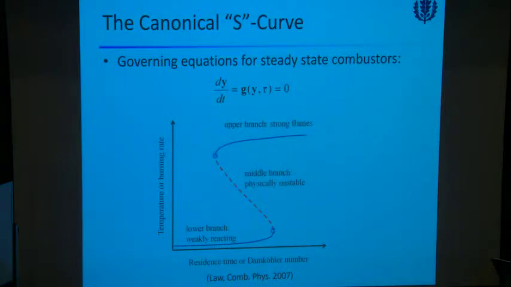Now, here come two important points. This is the upper turning point for extinction, as we said. Lower turning point for ignition. Both turning points are key for model reduction. If you want to get a reduced model which can work both for IC engines and for jet engines, you do need it to be valid to predict this turning point and this turning point. Both are important. And also for the middle branch, seemingly we don't have a 0D or laminar flame